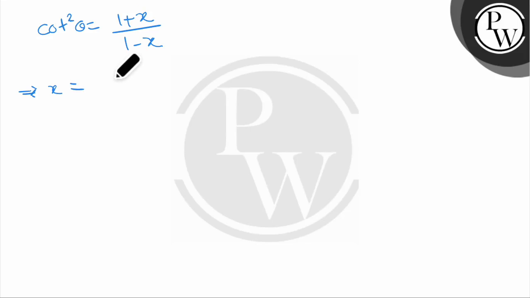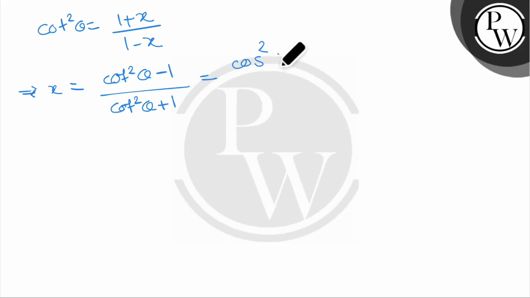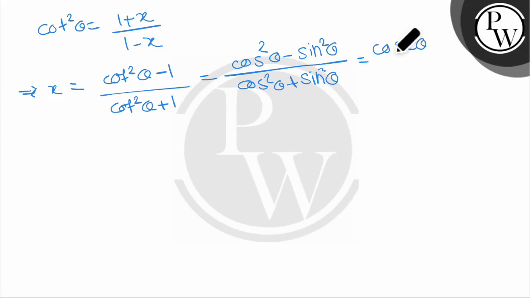So by using the property, guys, we can find the value of x here. x equal to (cot square theta minus 1) whole divided by (cot square theta plus 1). We can write by using the property of shifting. Okay, so if you simplify this, if you write that cot square theta upon sin square theta, then it becomes (cos square theta minus sin square theta) whole divided by (cos square theta plus sin square theta). So obviously, guys, denominator will be the 1. So numerator value is cos 2 theta, right?